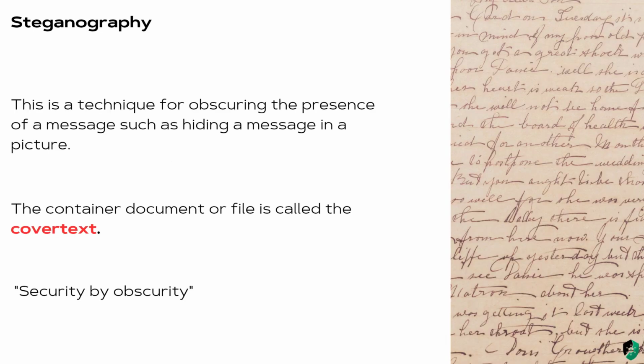And the final type of technology here is what we call steganography. This is basically the technique for obscuring the presence or hiding the presence of a message, such as hiding a message in a picture. Now, please note this for the exam. The container document or file that's holding the actual obscured message, we call that the cover text. Okay, it is the container document or file. So steganography relies on the concept of